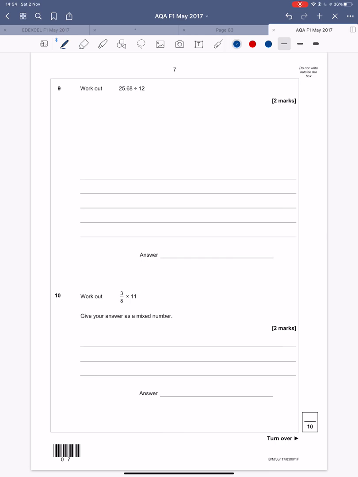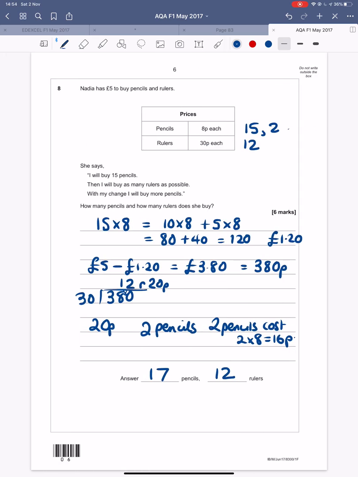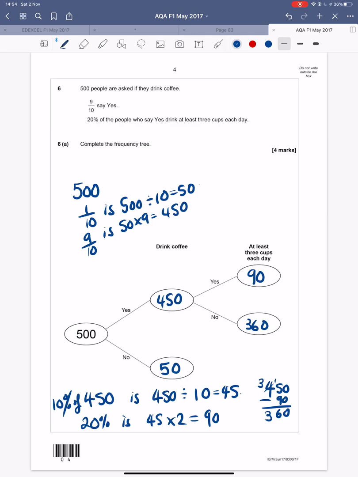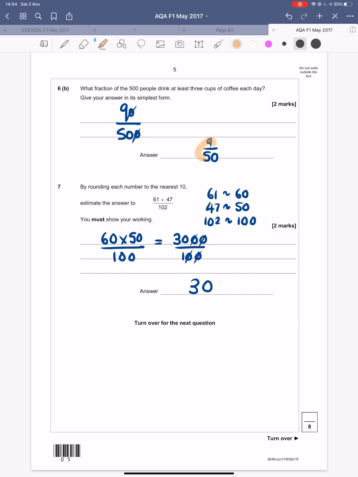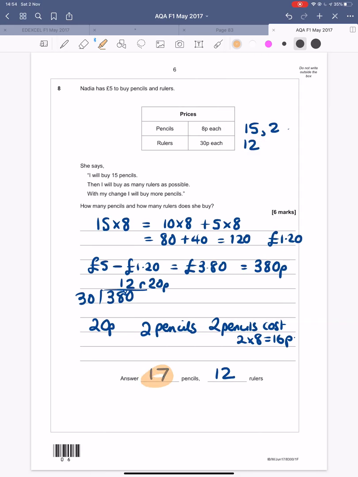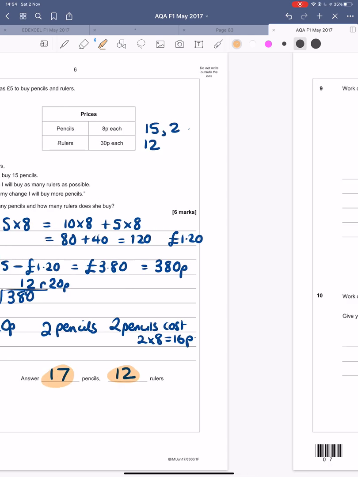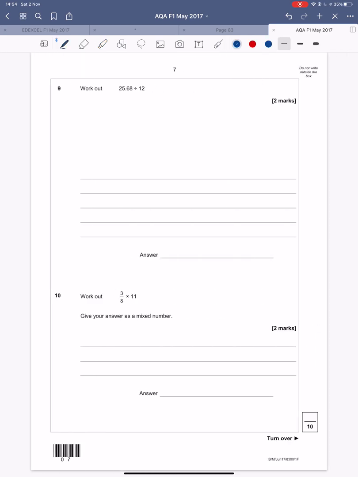Number 9, work out. I'll just colour them in, just if people want to flash through and see the answers. That's an answer, that's an answer, and that's an answer. There's an answer, there's an answer, there, and there. Next one,